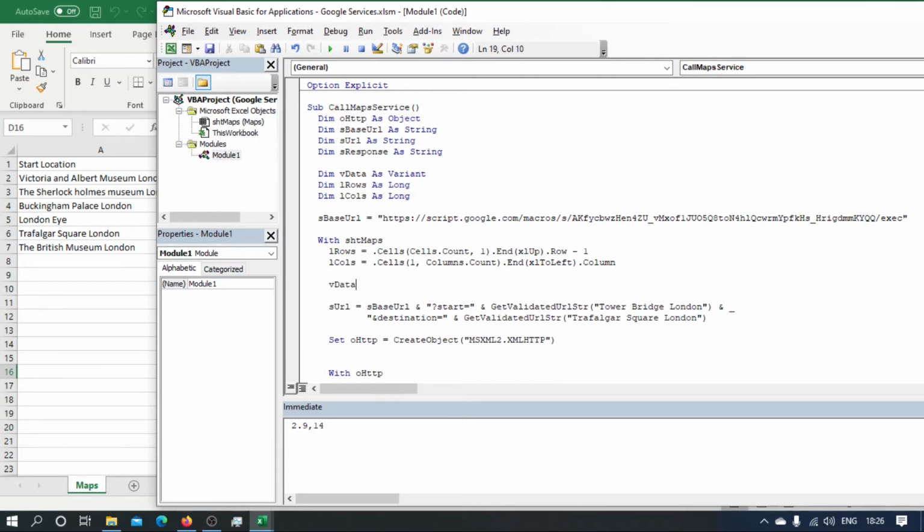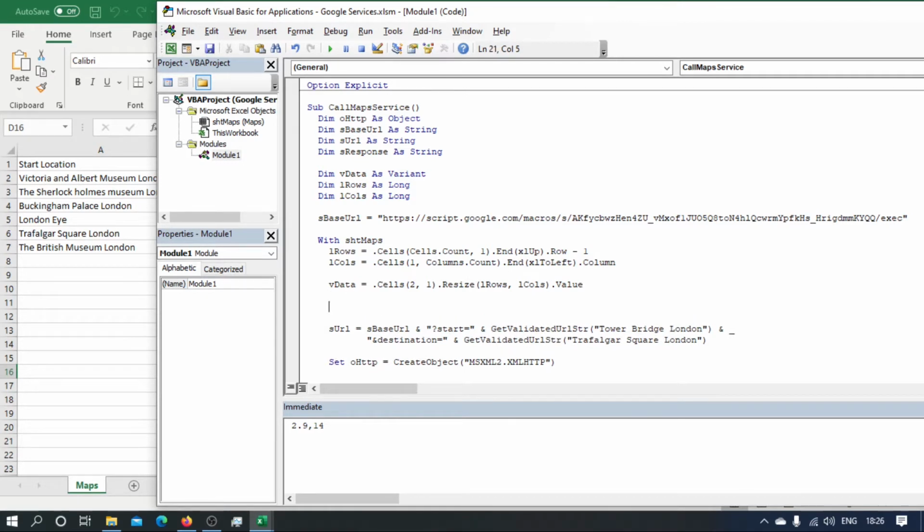the data is going to be dot cells 2 1 resize L rows L cols, and we need the value of that. Let's just be explicit. Actually, yeah, okay, that will work. Okay, so